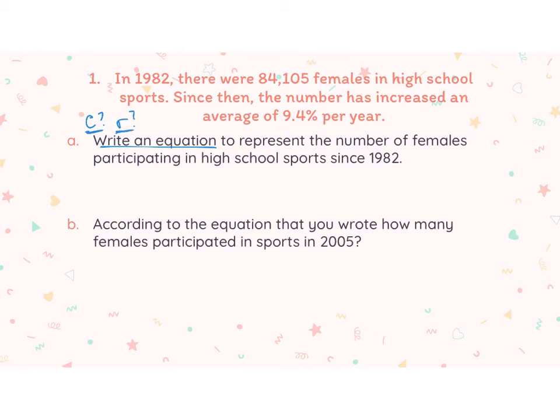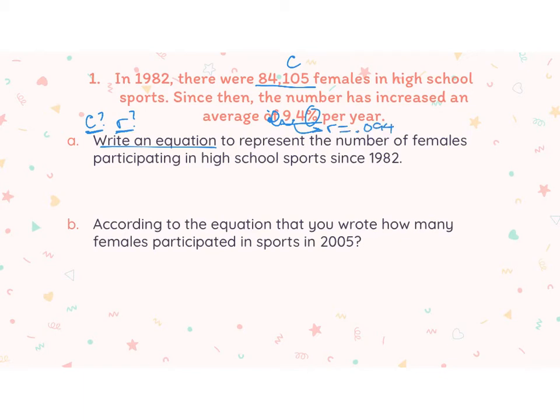So in this case, the starting amount is 84,105 females. So that's my starting amount. The other thing that we pay attention to is this 9.4%. That's my growth rate. However, it has a percent sign, which means I need to take that decimal and move it back 2 places before I put it in my equation. So when I do that, I'm going to get R is equal to